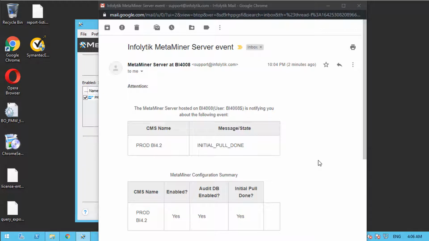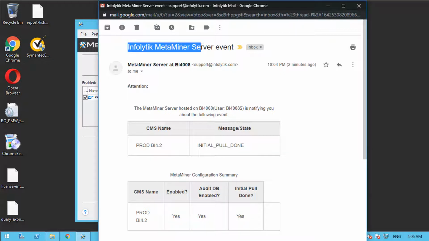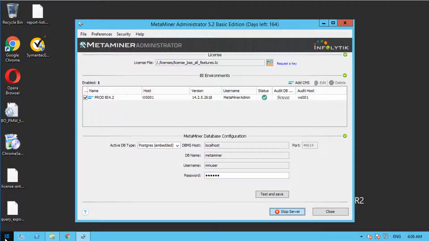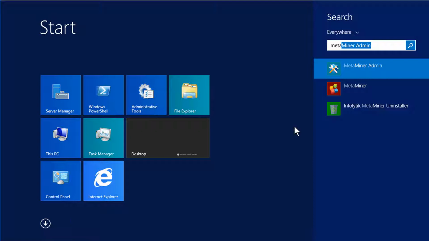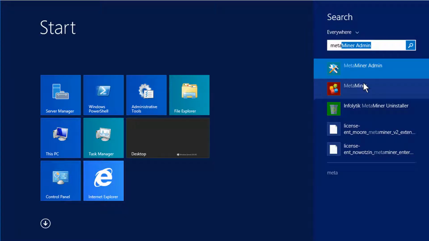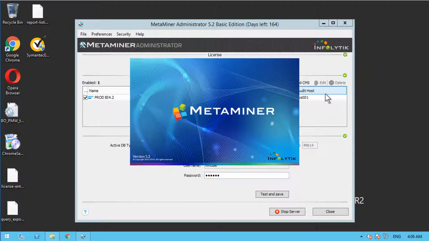And after a few moments, depending on how large your system is, MetaMiner produces another MetaMiner server event email. This time it's saying initial pull done, yes. It's at this time we can go back to our workstation where we may have installed MetaMiner client, or go back to the MetaMiner server itself and type in meta, which then gets us to the MetaMiner installation files, admin and client. And we click on MetaMiner client,